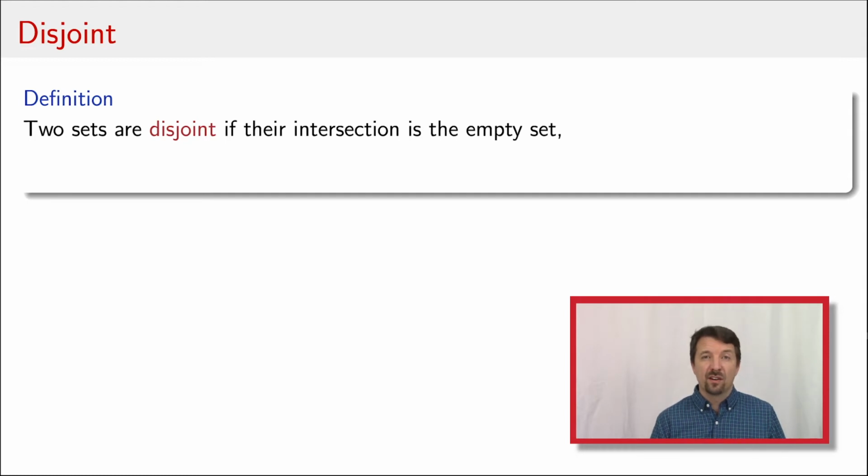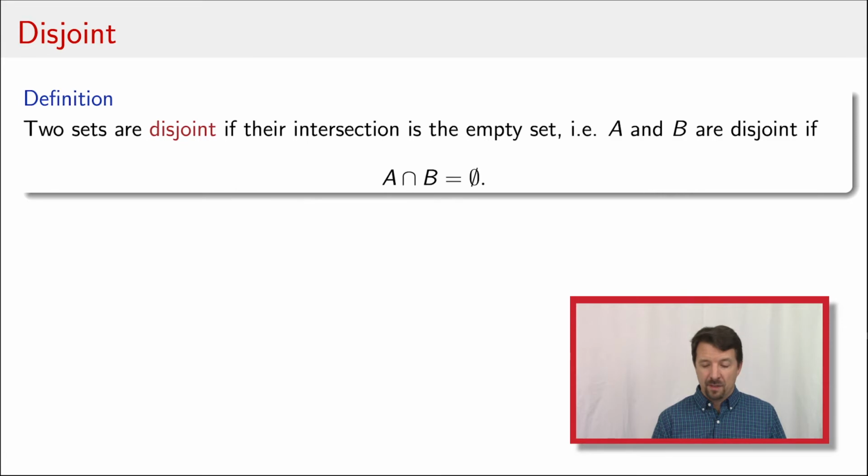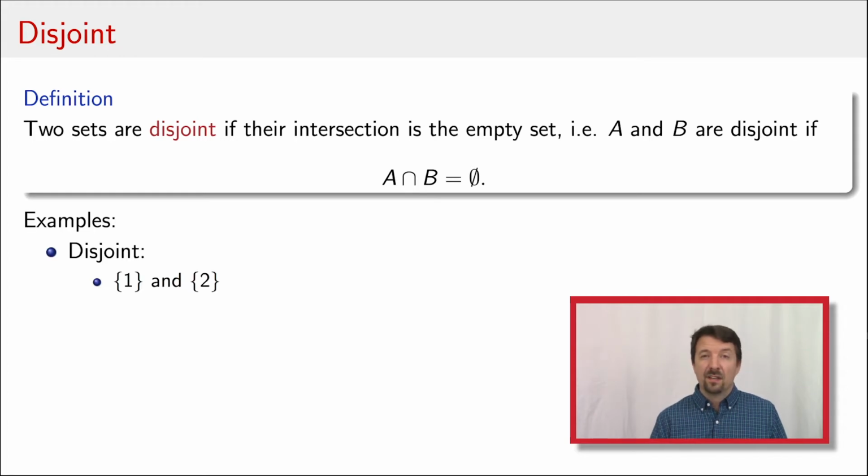Two sets are called disjoint if their intersection is the empty set. Mathematically, we would write this: A intersection B is equal to the empty set. Another way to say this is that those two sets have no elements in common. So here's first a set of examples that are disjoint and then a set of examples